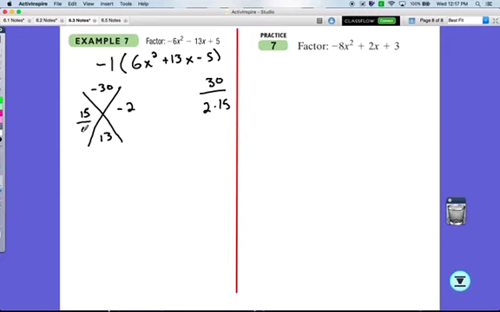I'll go through and divide by that 6. 15 over 6, 3 will go into both, so 5 over 3. So I end up having the negative 1 from the original problem when I factored it out. 5 over 3 will turn into 3x plus 5. 2 will go into 2 and 6, so it turns into negative 1 over 3. And then bring the 3 out and